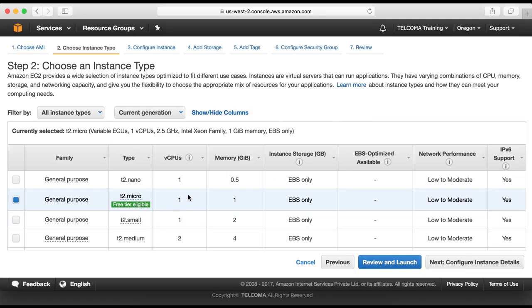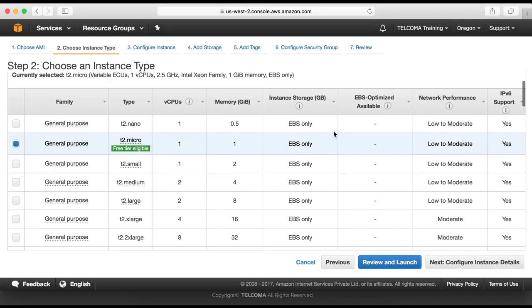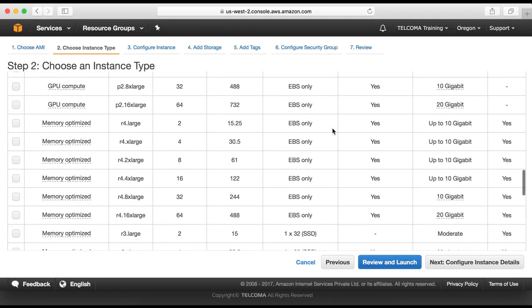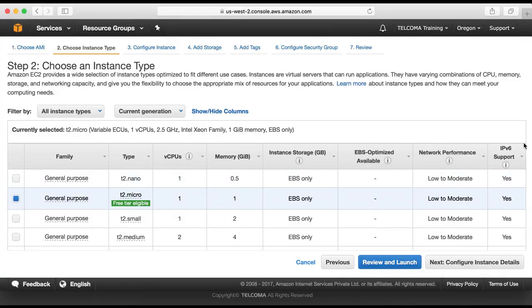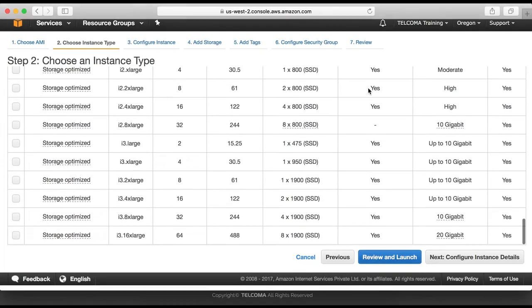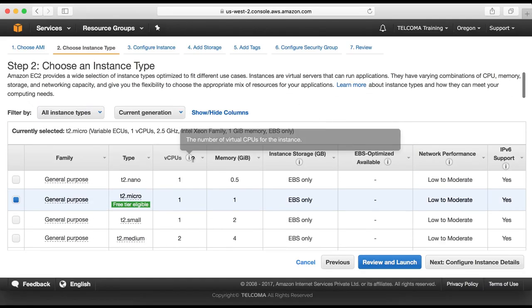After that we have various types of instances available. These are the instances available as per their network performance, support for IPv6, and instance storage in GB, so we can check as per our requirement. Like we have free tier eligible general purpose. Let's review this,